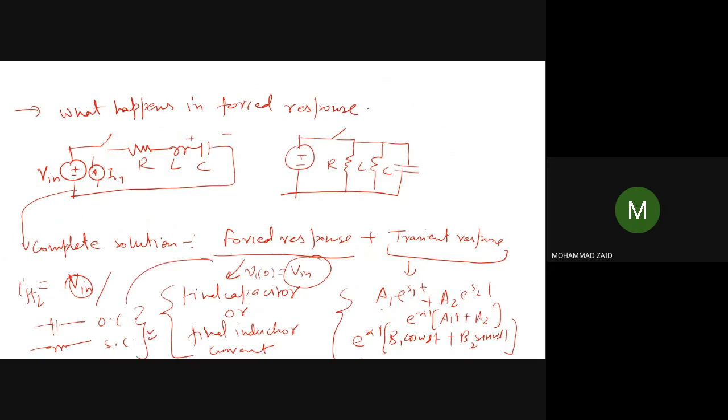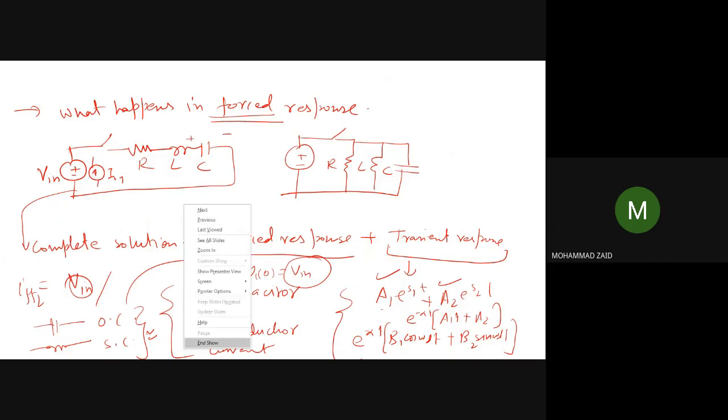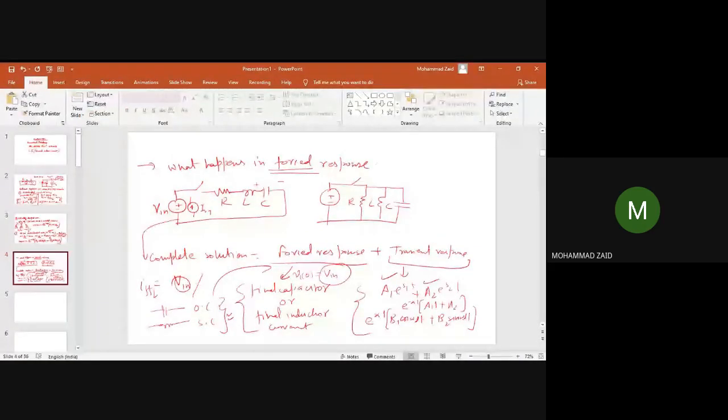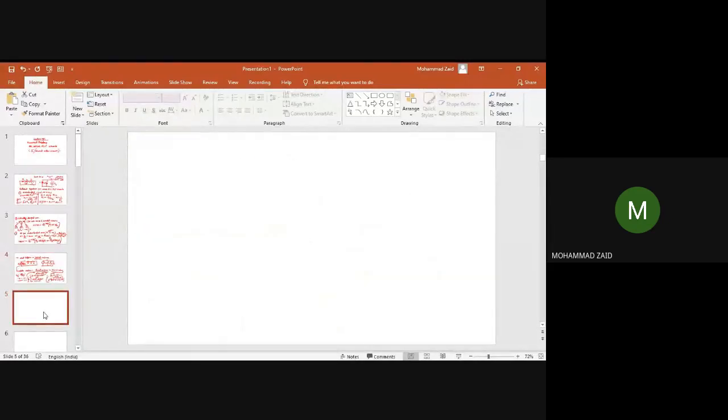So you just have to put these values, and you will calculate the forced response, and then we can write the total solution or the complete response. That's it. But the major problem is not to determine the forced response, but to determine the transient response, because there you have to calculate the values of the constants. Once you have chosen these values, it will be very easy to write it down. Now, next we are solving some problems so that it becomes more clear to you.